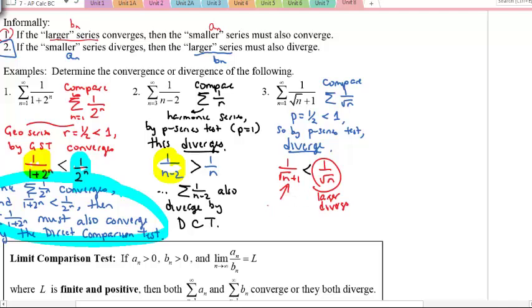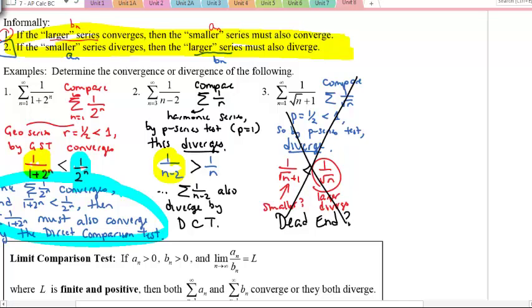So what do we know about the smaller? If the larger diverges, the smaller it must be, and I'm looking back here, and I don't see anything that says anything about the larger being divergent. So guess what? This is a dead end. It doesn't tell us anything. So do we just say it's inconclusive? I say,